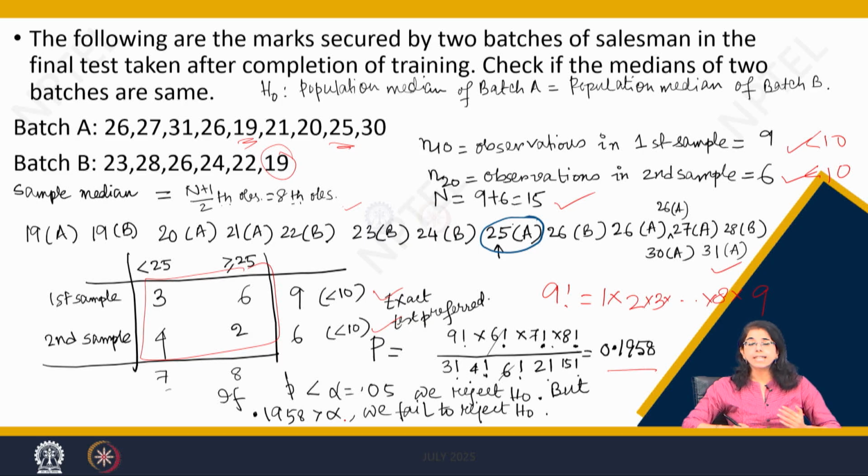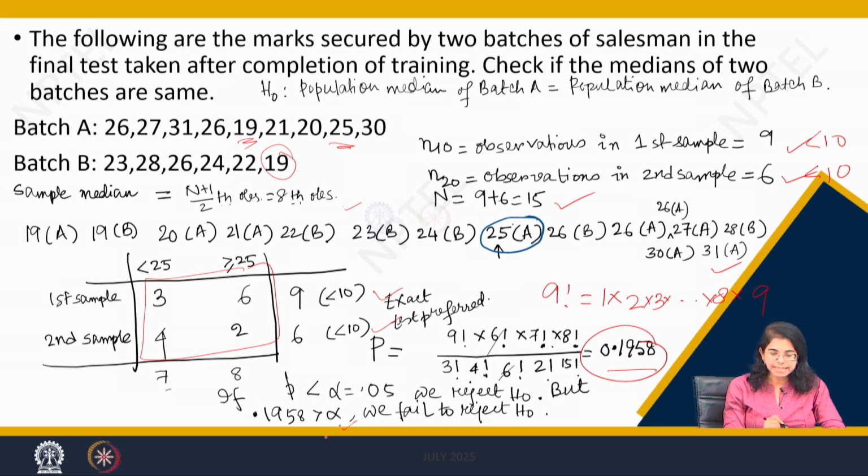alpha is taken in practice as 0.1, a little higher. Okay, the rejection probability of type 1 error is set at a little higher place, 0.1. So you can do the same problem with 0.1. What we can see is that this calculated probability is greater than alpha, and if it were less than alpha, then we'd have to reject. But here in this case it is greater than alpha, so we fail to reject the null hypothesis.